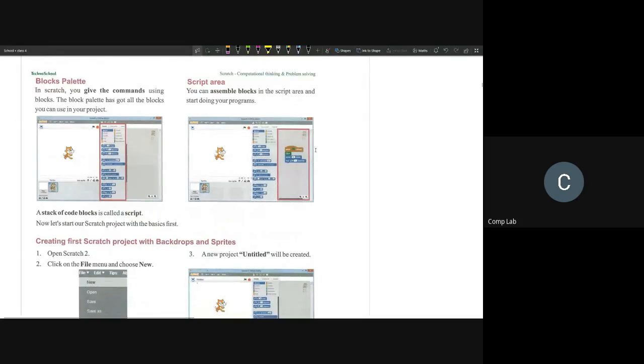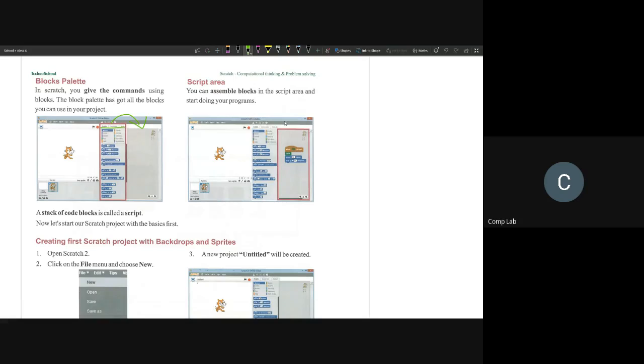So we've covered this topic also. I'll be answering all your questions. Just wait. So let's look at this also. We'll be seeing how to give commands to the sprite. As I've told you before, we can give commands to the sprite by using the block area right here.